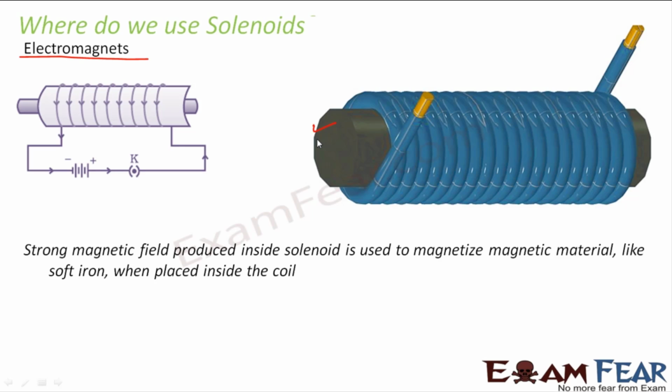and such materials are then known as electromagnets. Electromagnets are those magnets which have very high magnetization, right? So that they behave as even stronger magnets, right? So in order to make electromagnets, we make use of a solenoid. Here you can see from this diagram that this is a solenoid. Inside the solenoid you have placed the soft iron, and then you have connected it through a circuit. Now as current passes through the solenoid, a magnetic field is produced in the solenoid, and the magnetic field inside the solenoid is uniform and strong. So this magnetic field magnetizes this material, right?